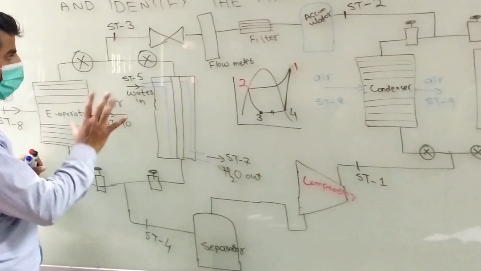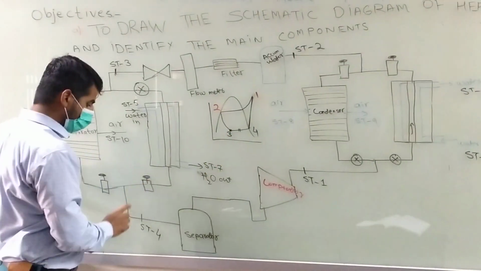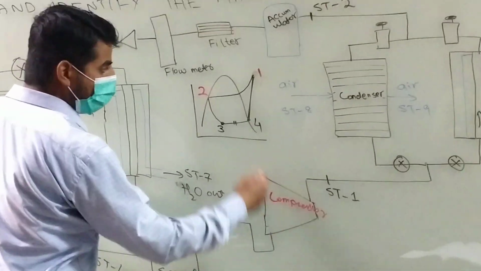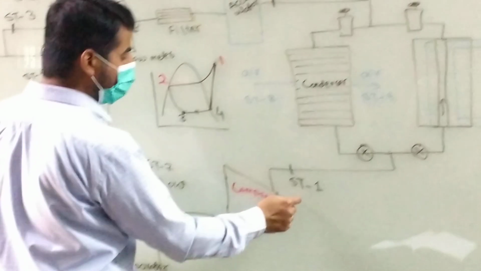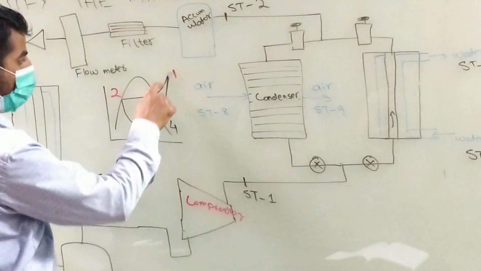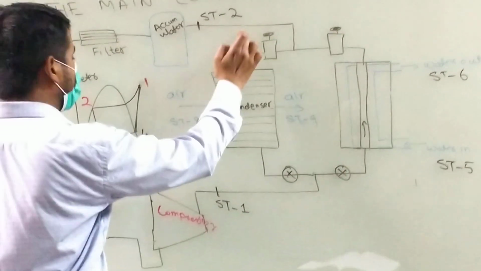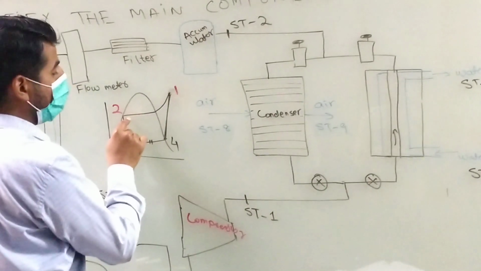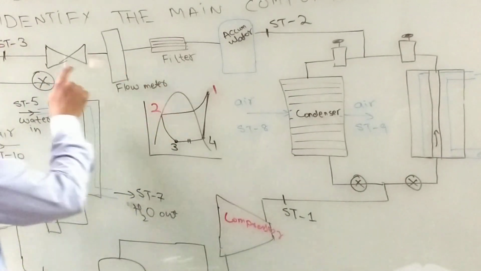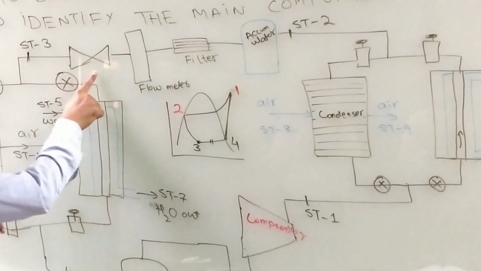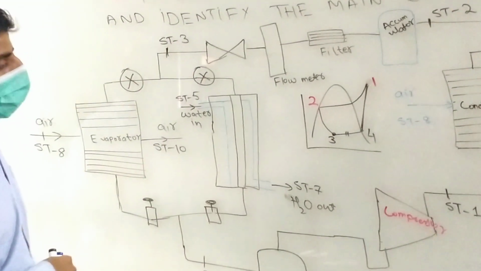Before pointing out again, after the evaporator there are saturated vapors. So these vapors then move to the compressor that will supply energy. So the 4 to 1 process here is in the compressor. So superheated vapors are here, ST1. After that we have constant pressure heat rejection in the condenser. So I can use either of these two condensers, and at this point there will be saturated liquid. So I'll have to store it in the accumulator. So the accumulator will store the refrigerant, and then 2 to 3, the other main component is the constant enthalpy process that is being carried out in the expansion valve, and then again to the evaporator. These are the main components.